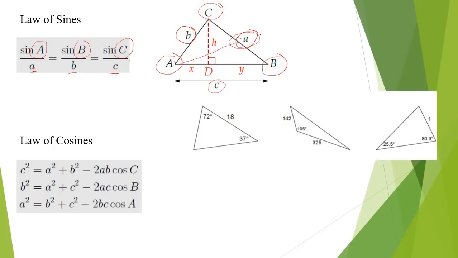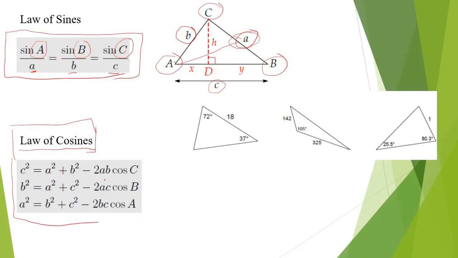Now this is a very, very important tool or formula when you want to directly determine the values for angles or for side lengths. Now, another very useful formula would be the law of cosines, which is given by